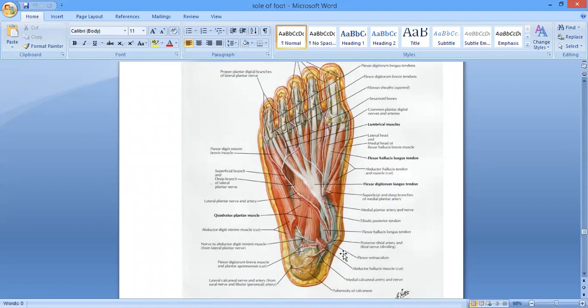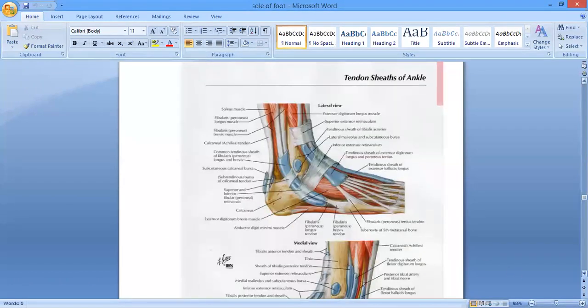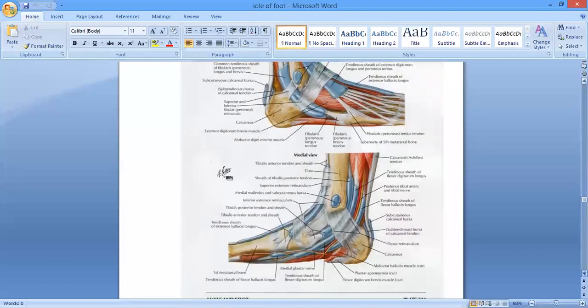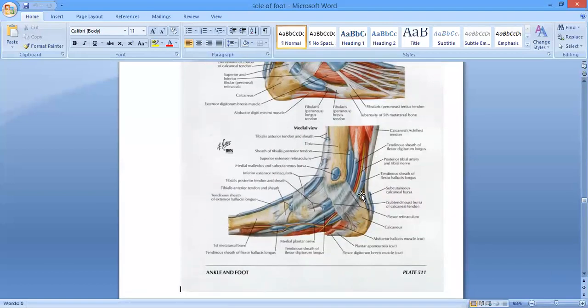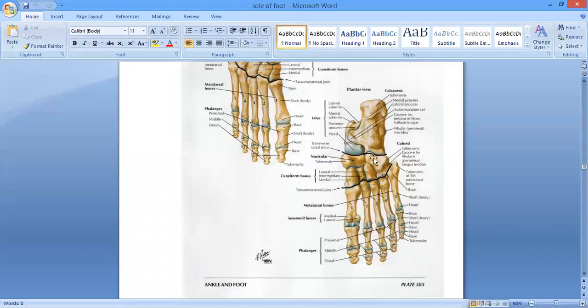ठीक है जी? So after getting origin, it again passes from where? Behind the medial malleolus. Here you can see it passes behind the medial malleolus beneath the flexor retinaculum, and it passes below the groove present on the inferior aspect of the sustentaculum tali. ठीक है ना? मैंने आपको बताया था ना कि sustentaculum tali के inferior aspect पे there is a groove. Here you can see the groove here. This one. ये sustentaculum tali बच्चे, और ये वो groove है जिसके नीचे से आपका ये flexor hallucis longus का tendon आता है. It's going to pass like this.